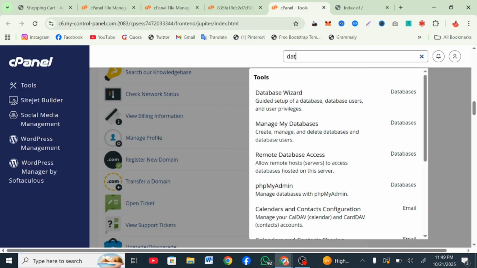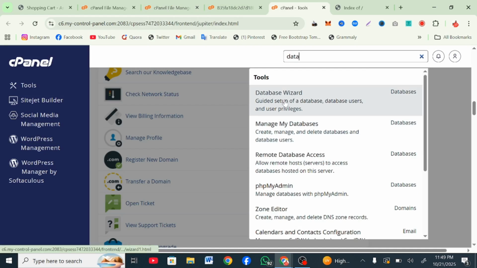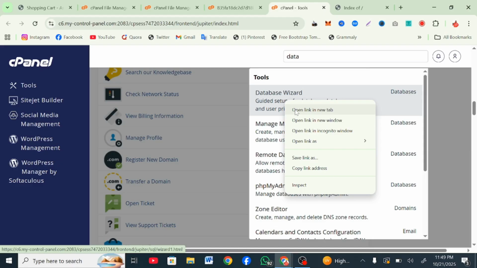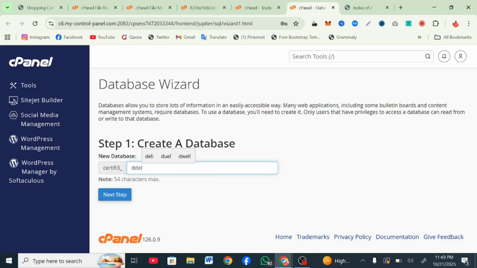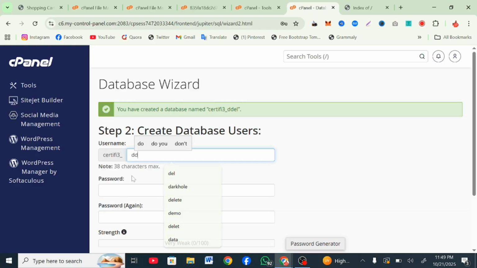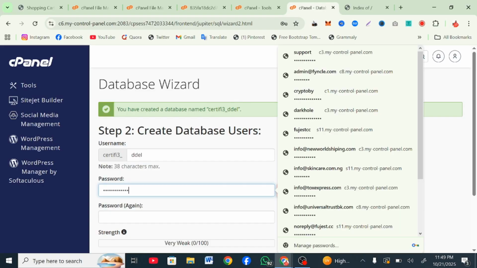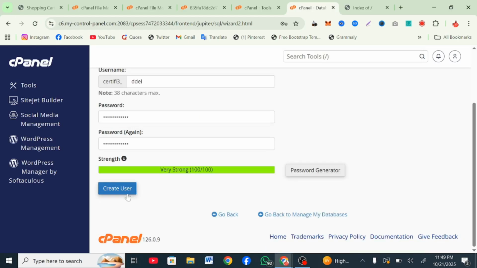Search for database. So this is my database wizard, right? So I'm going to open this in a new tab. In this database wizard, I'm going to call it DDER. So I'm going to click on next. So I'm going to call it DDEL again. And I'm going to use the same thing for password, so that I'll just copy all at once. But if this is a real website, please do not do this, because anybody that can get one of these details can get all. Alright, so I'm going to click on create user